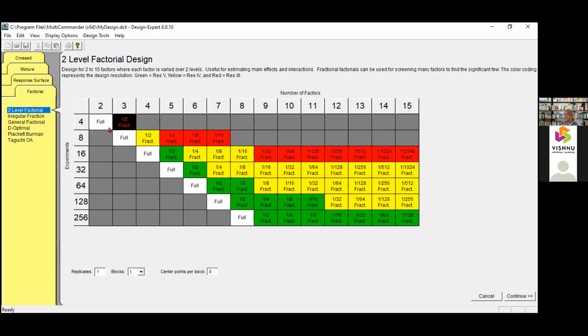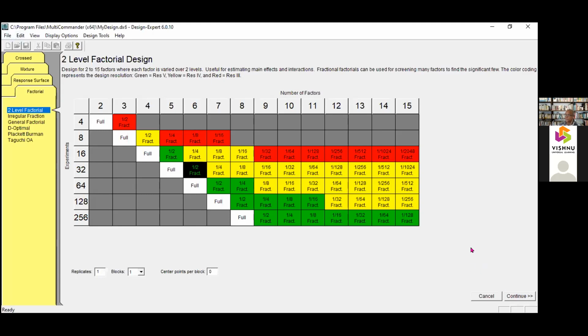So when you choose, you have to choose based on how many factors are there in your system. You have to choose the number of trials. Full factorial is always best, but the number of trials is more. By going for fractional factorial, if there are 5 factors, this is green, so you can always go for this safely, no problem. For 6 factors, you need 32 to be very safe, but you can try a 1/4 fraction. After doing the 1/4 fraction, you analyze it. If it is okay, maybe some factors are not significant, you can go ahead with that. Or you have to do the additional experiments so that you make it a half fraction.